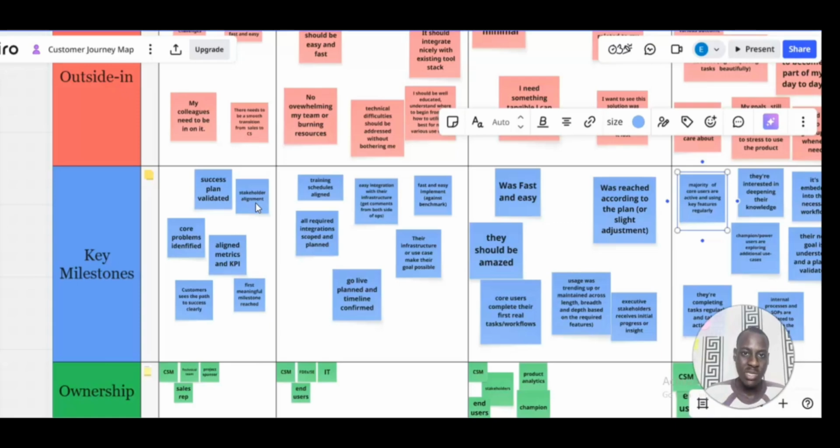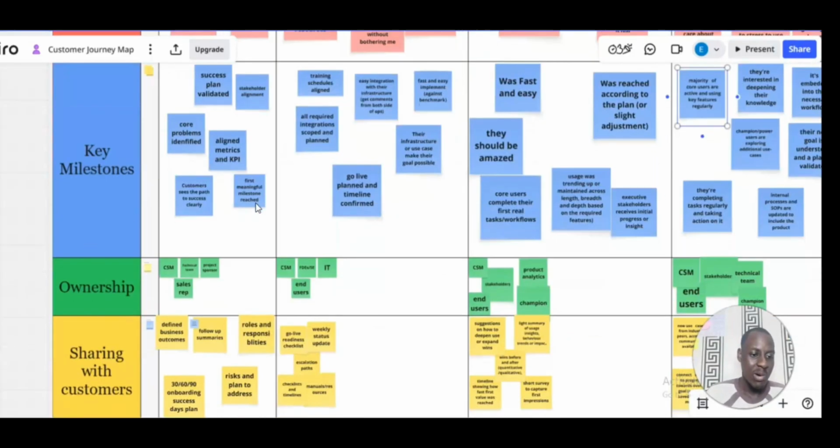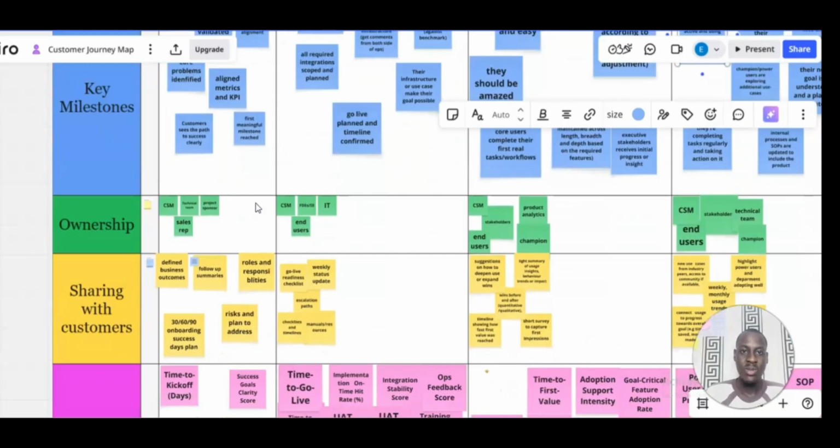Maybe inviting them onto the kickoff call and ensuring that you listen to everybody's goals and objectives, right? Now, the next thing is the ownership. After the key milestones, after you already know the things that the customer has to do to successfully pass through a stage, now you have to assign ownership, because ownership is how things are going to get done, how we are going to move